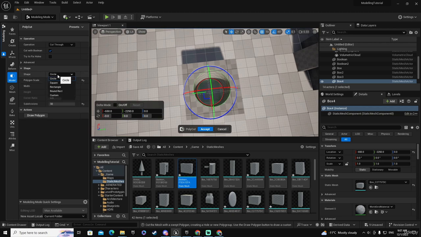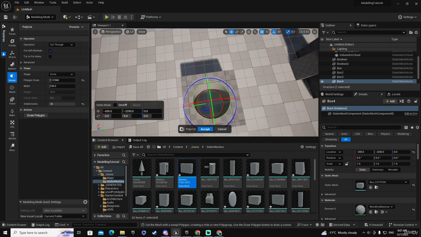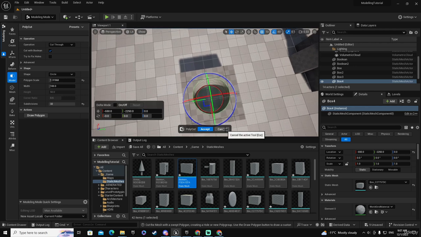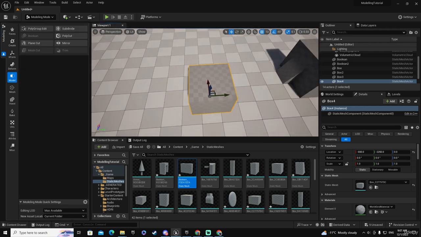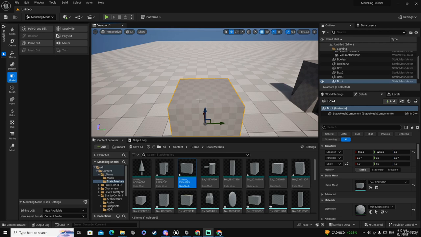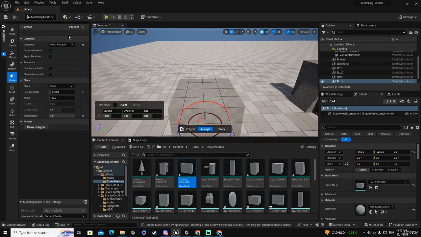Of course, these are limited for you, which is not the case if you want to use the Boolean, for example, because in the Boolean you can define any shape that you want. But in the cases that you want to do something a bit more simple, then this is going to work for you. Now, the other option you have using this PolyCut tool is by default you have the cut through,